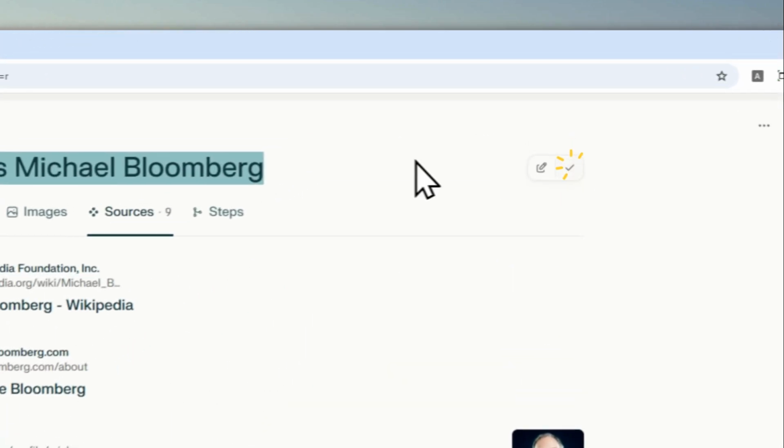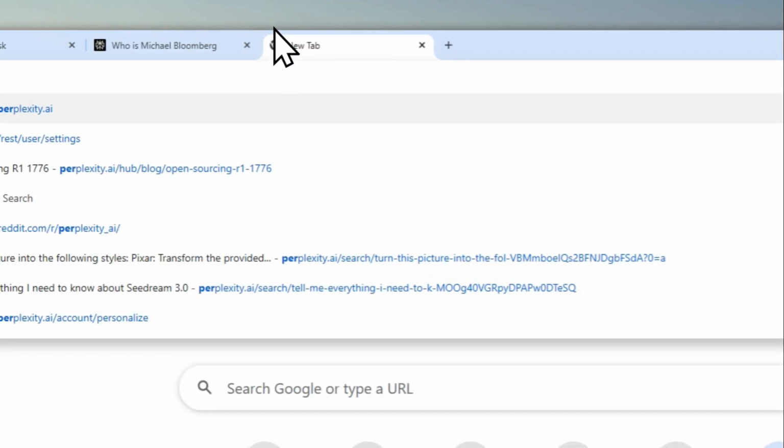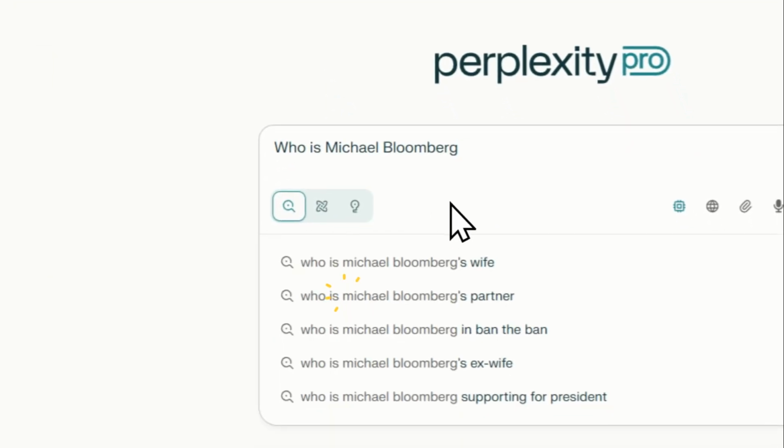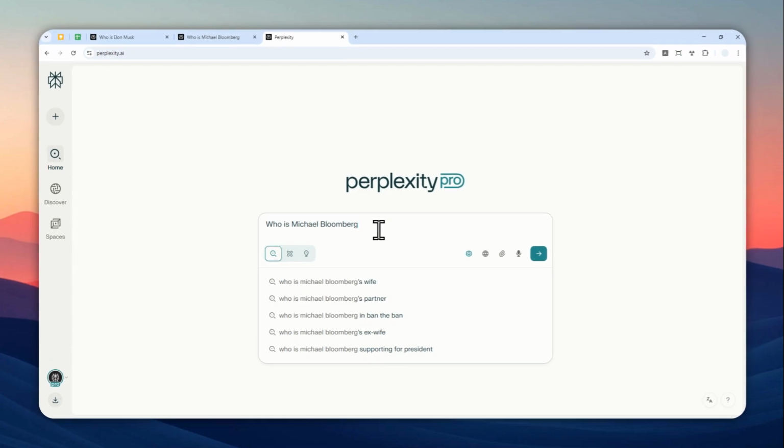I'm going to copy this prompt and start a new thread, because I want to exclude those websites. Let me just paste that. This is the technique that you can use in Perplexity. I'm going to enter a new line, and then you type the minus character, then site, then a colon, and then the domain name of the website that you want to exclude from the research, which in this case would be